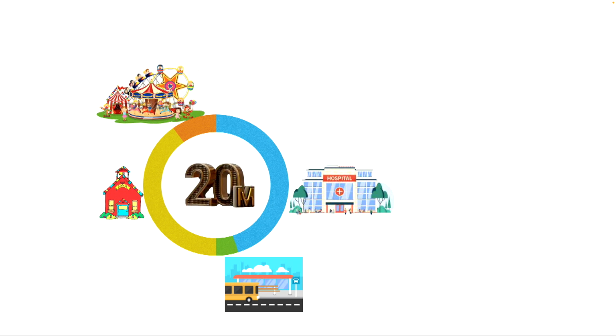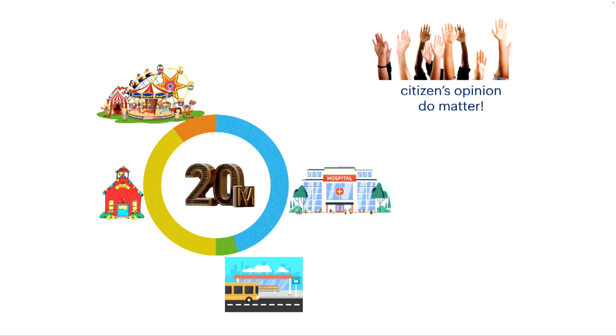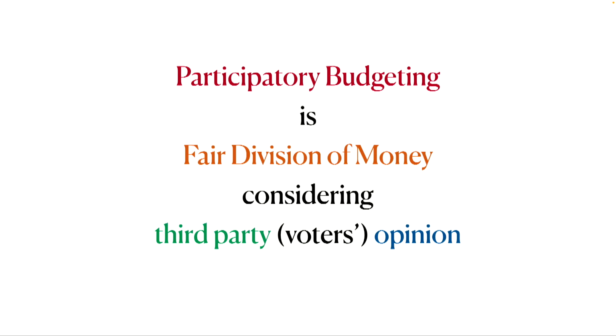Person who is getting something, they had valuations, but now they do not have valuations. Citizens' opinion matters here. So, this is how I call it. Participatory budgeting is fair division of money considering a third party, meaning voters' opinion. In my opinion, that is the gap: the participatory budgeting problem has largely been looked at by the voting theory community,